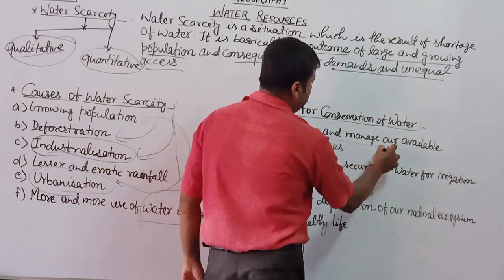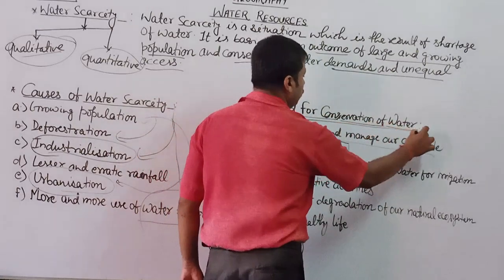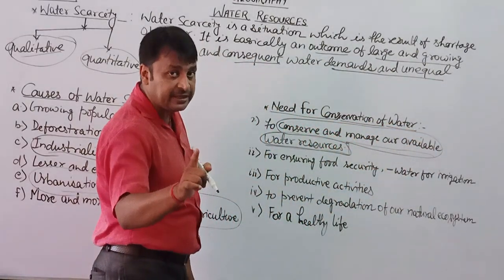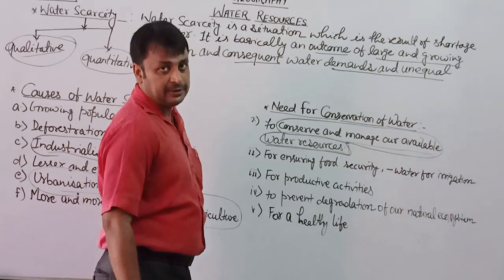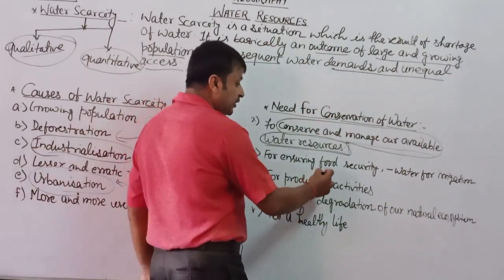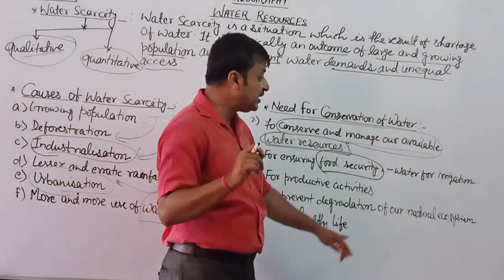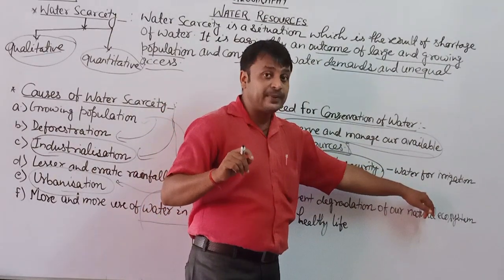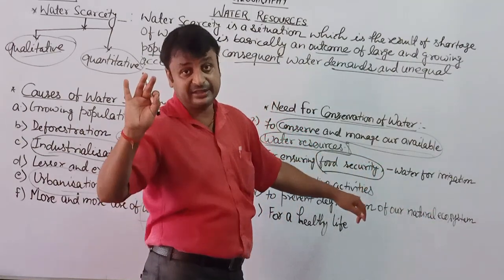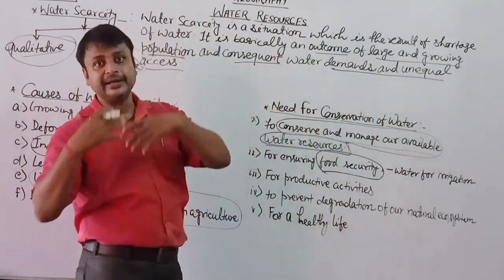conserve and manage our available water resources. ये कंजर्व करना पड़ेगा, तभी जो उपलब्ध पानी के सोर्सेस है उसको हम बचा पाएंगे और तभी हमारी जिंदगी आगे बढ़ पाएगी, नहीं तो जिंदगी का एक थम जाएगा। नेक्स्ट, फॉर इंश्योरिंग फूड सिक्योरिटी, भोजन की उपलब्धता सुनिश्चित करने के लिए हमें पानी चाहिए इरिगेशन के लिए। अगर ये पानी की उपलब्धता नहीं होगी तो आप खारे पानी से खेती नहीं कर सकते हैं। माइंड इट, आप नहीं कर सकते। आप बोलेंगे सर समुद्र का पानी ले आए, नहीं, वैसे